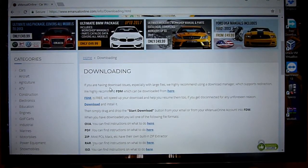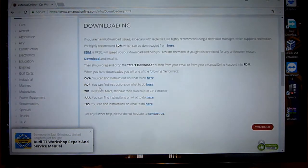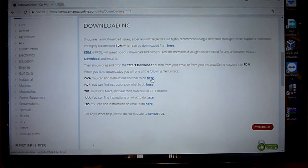It says if you're having trouble, especially with large files, they highly recommend using a download manager, which supports redirection. We highly recommend Free Download Manager, which can be downloaded here. So it's saying it's free. Then it helps you. If it's an OVA file, you can find the instructions here. PDF, you can find the instructions here. Zip, RAR, ISO. So we've got OVA. So we'll need a download manager first. If you click on the download manager,